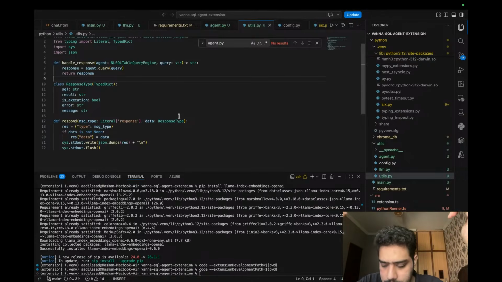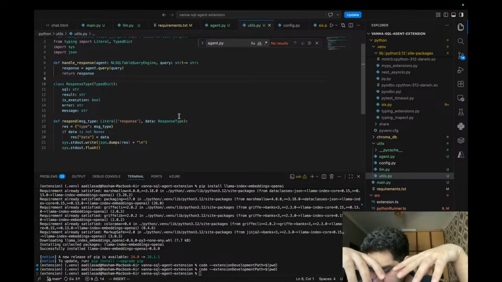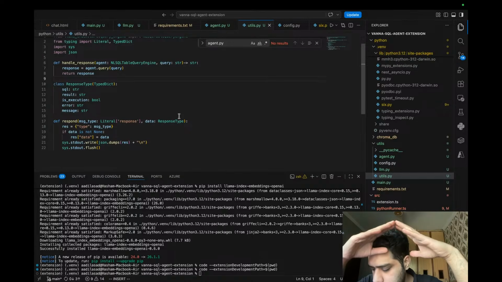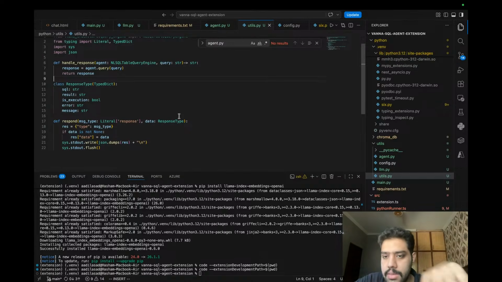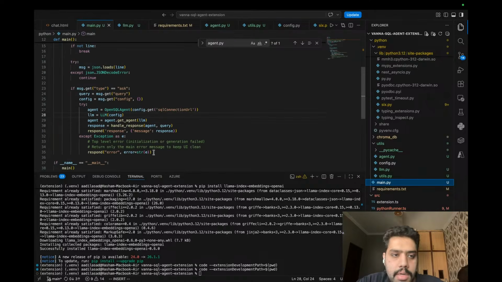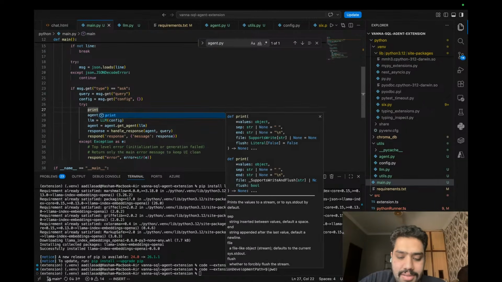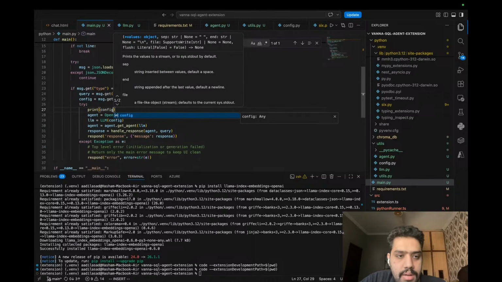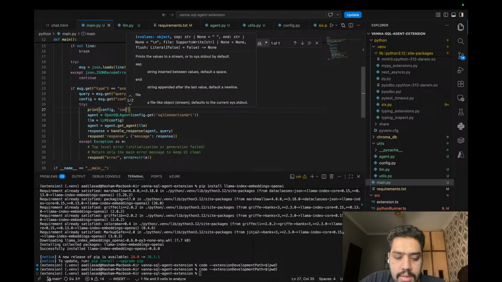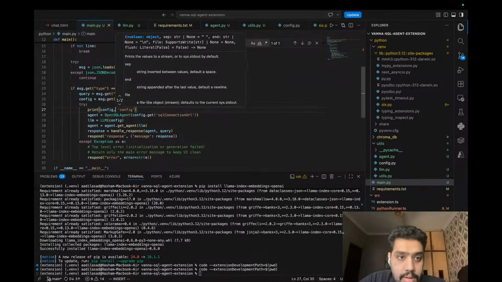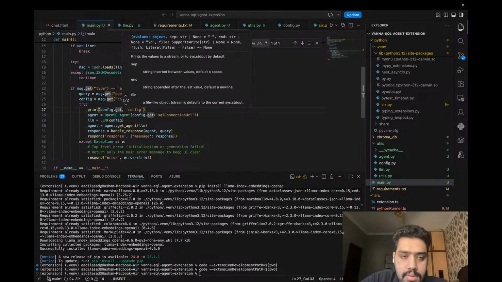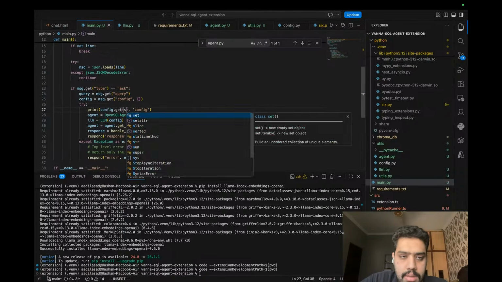I need to confirm my connection string for the SQL. I need to confirm that I am getting the LLM right. Then I need to confirm that I am getting the agent right. Then it's the problem with how the agent is running. So prints. I wanna see the config. I don't wanna see all the config. I just want to see the